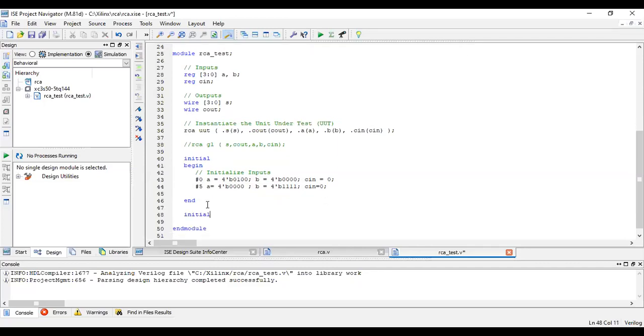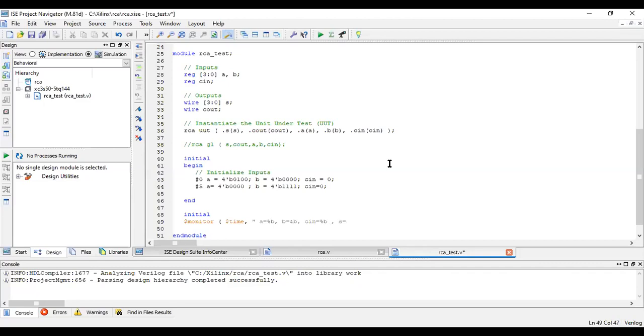So I will write initial $monitor. I'm displaying the time also. So let me write $time, comma, A is equal to percentage B, comma, B is equal to percentage B, comma, scene is equal to percentage B, these are the values which I should see.